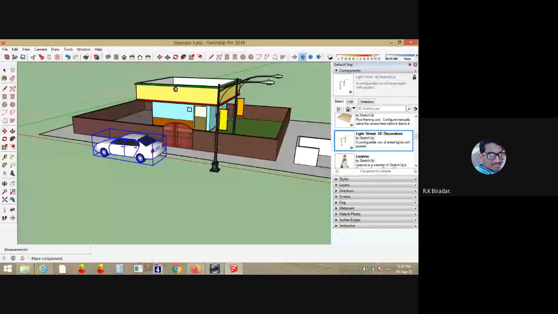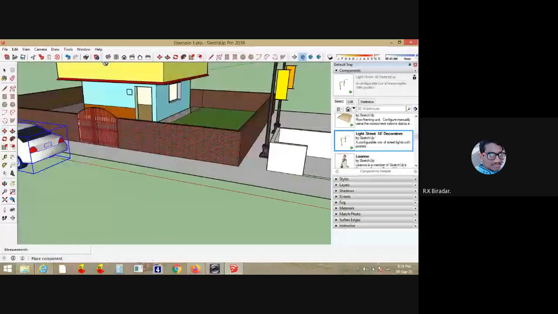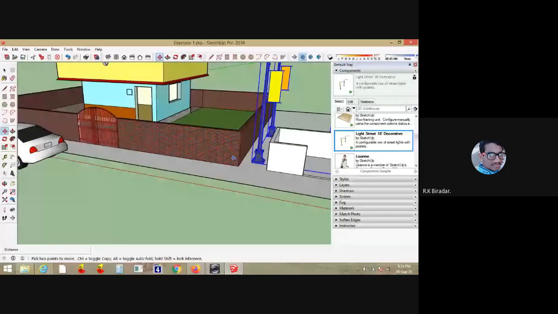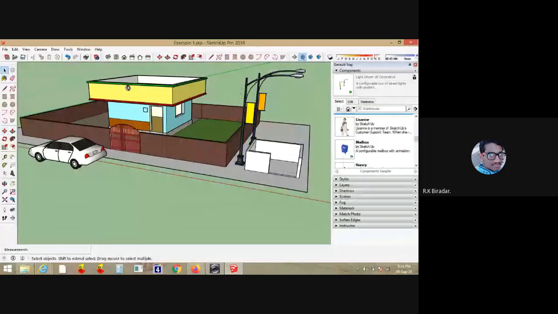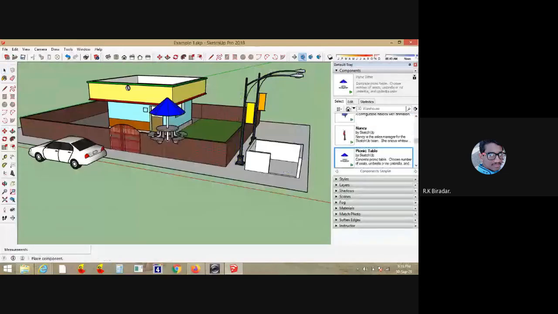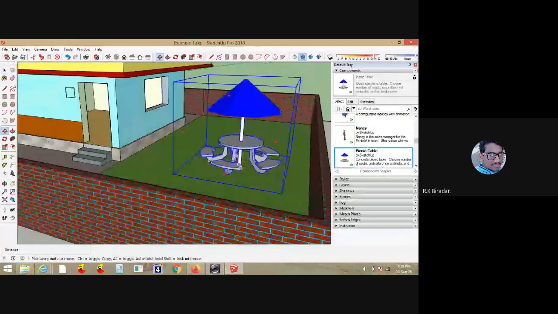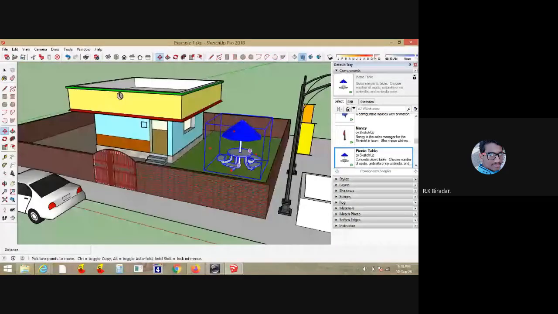Suppose electrical poles, if you want to have electrical poles, you can just place them wherever you would like to, like how it has a picnic table. So you can just select it and you can place it wherever you want in the model.